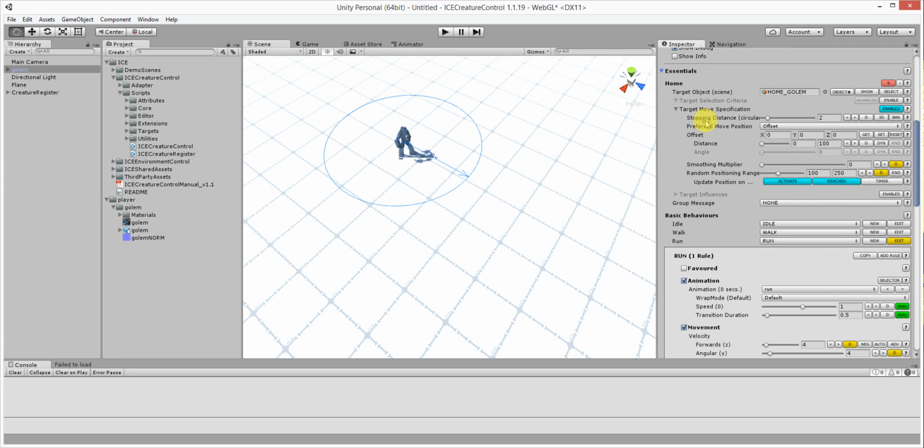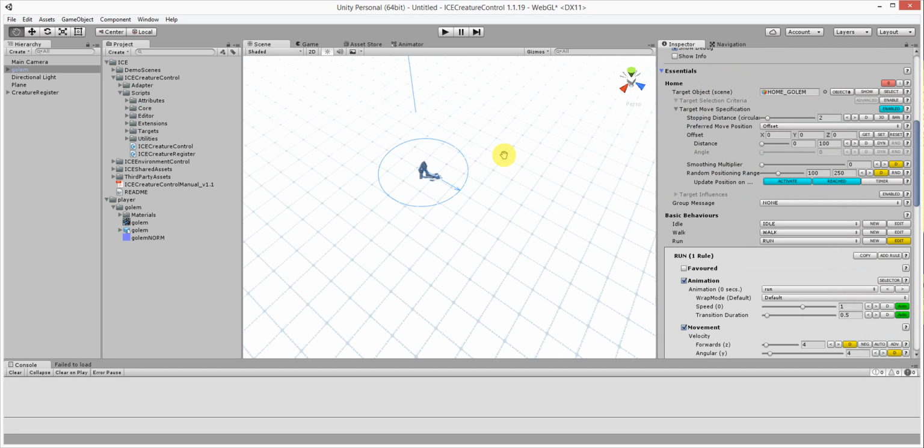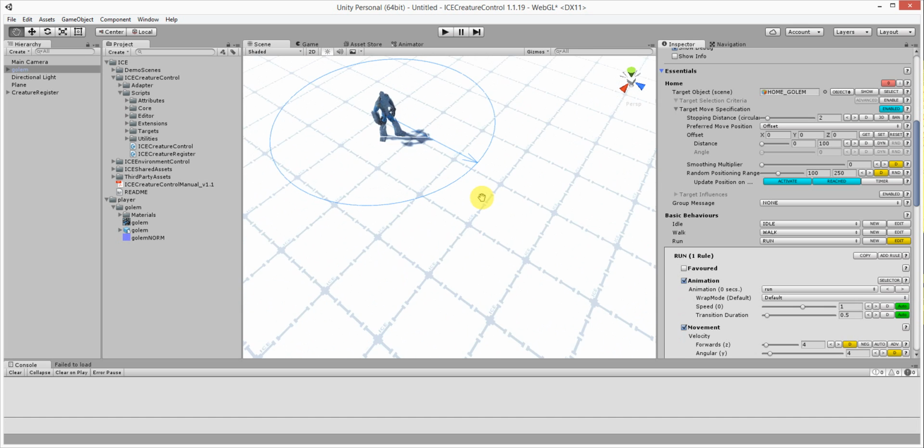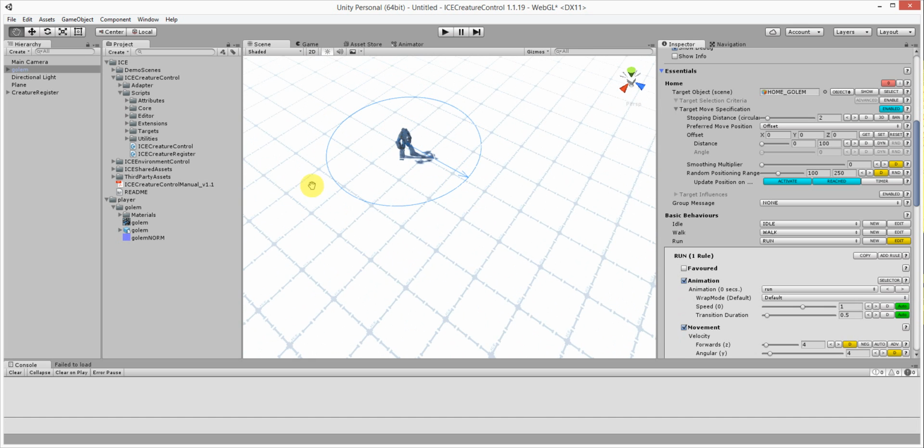Now we have here a lot of settings, and the first setting here, what we see, this circle and this arrow. The arrow marks the direction, the move direction, and this circle here, this is the stopping distance of the target. So at the moment the creature and the target are at the same position, and so